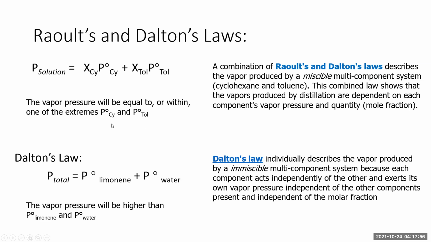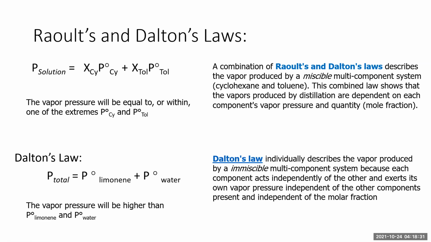And that's because if you have 100% cyclohexane, which would be given by a 1.0 mole fraction for cyclohexane and a 0.0 mole fraction for toluene, then the vapor pressure, in that case, it wouldn't be a solution, it would be a pure compound, but you get the total vapor pressure would be equal to just the vapor pressure of cyclohexane because it's pure. So same thing with toluene. If it was pure toluene, we would just be looking at the vapor pressure of pure toluene.